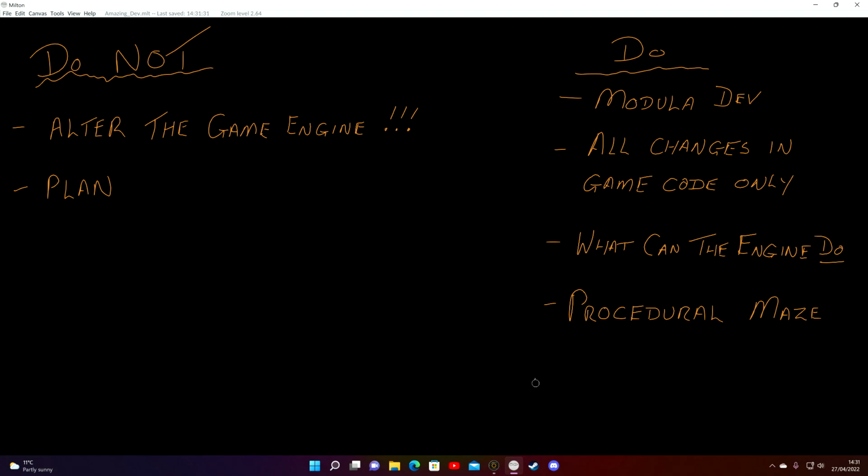So let's put that down. And this is the part that doesn't fit into the AAA work cycle. There's not a lot of do nots, is there? There's quite a few do's. Not very restricted, are we?